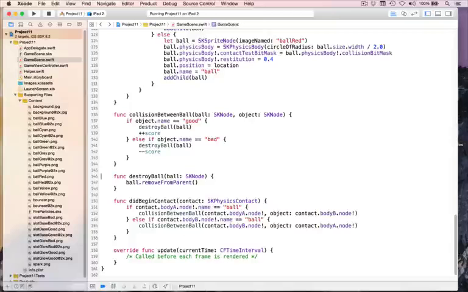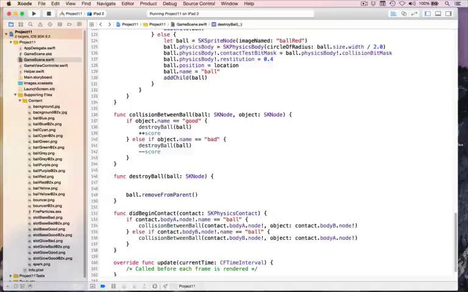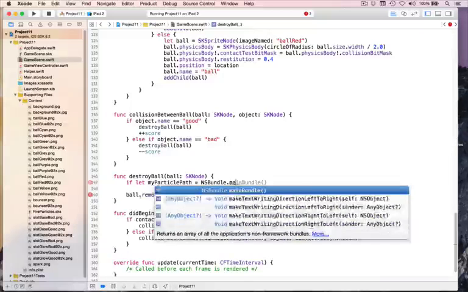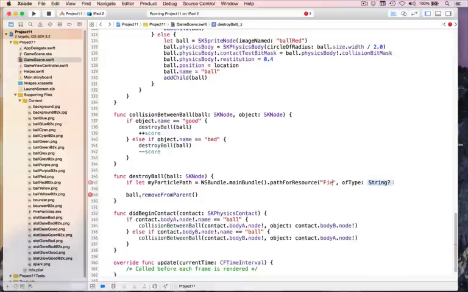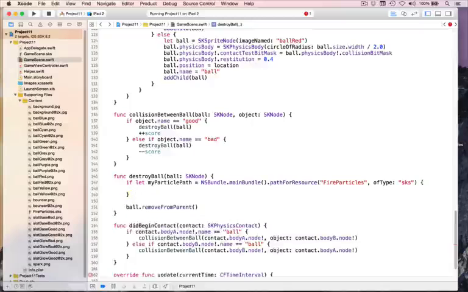So in destroyBall here, we first need to find the path to our particle system file that I made already for you. So we'll say if let myParticlePath equals Bundle.main.path(forResource:), you've seen this before, and my particles are called FireParticles. Type is sks, which is the SpriteKit way of saving data about itself to a file. So if we've found the path to the fire particles, which of course we will because we made it ourselves, then let fireParticles equal, now this is new,